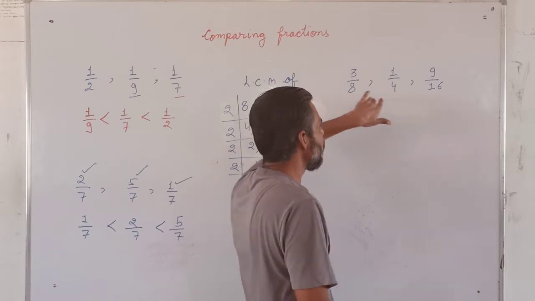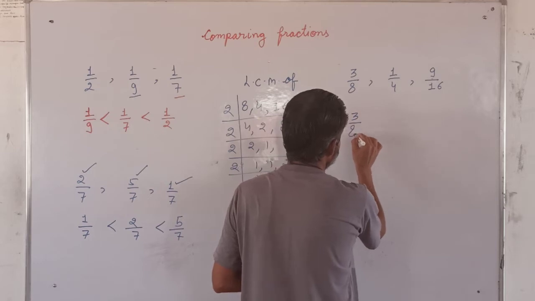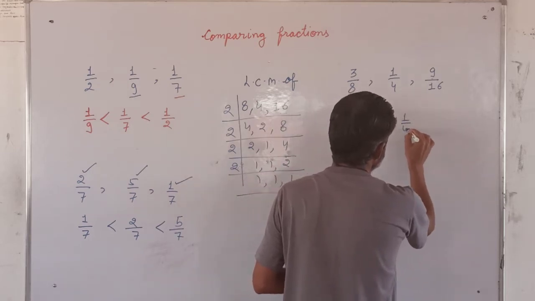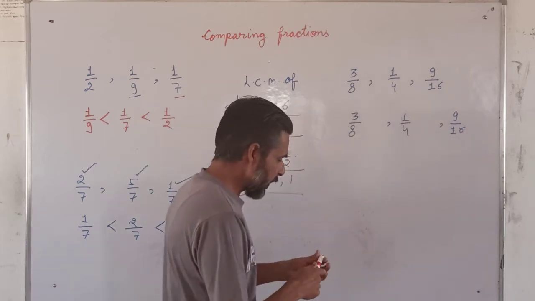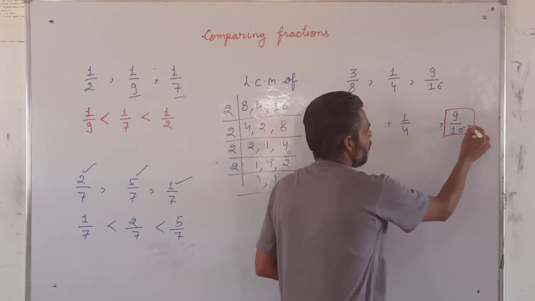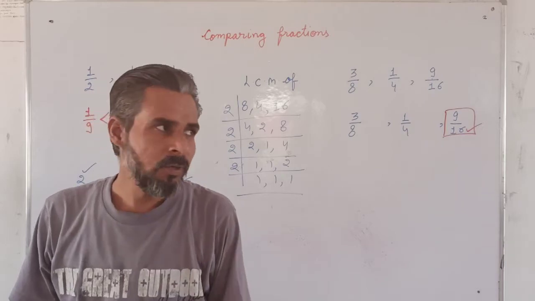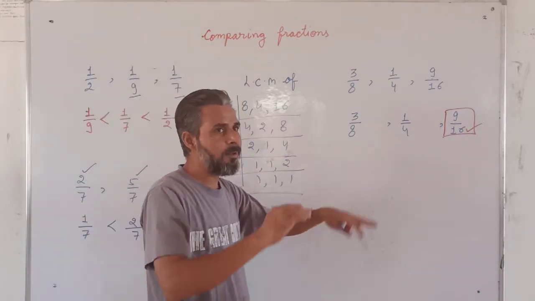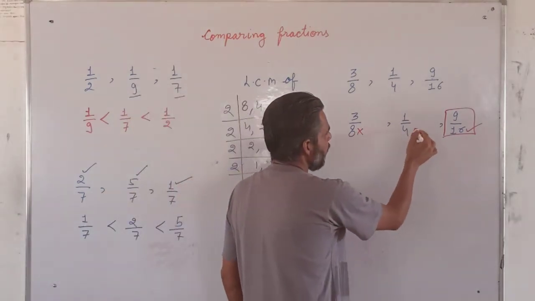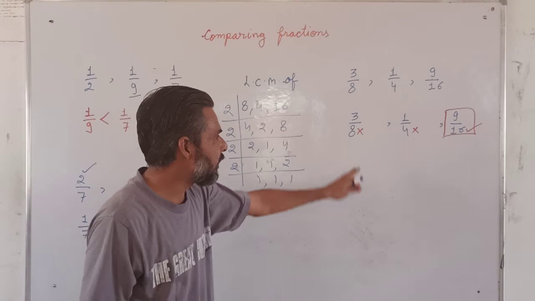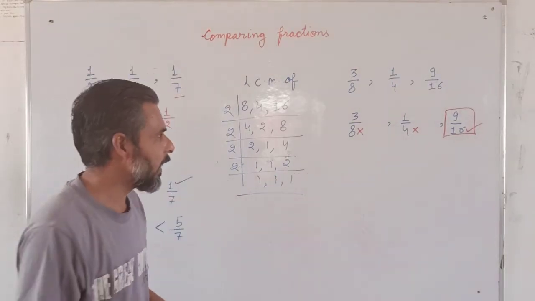हमें डिनोमिनेटर को सिक्सटीन बनाना है। Here we are having 16 already, here we are not having, so either we have to multiply or we have to divide. यहाँ पे नंबर छोटा है, हमें बड़ा बनाना है, 8 से 16 बनाना है, then we have to multiply only. 8 से 16 बनाना है, तो 8 का टेबल हमें पता है, 8 2 जा 16, तो हमें 2 से मल्टीप्लाई करना है।